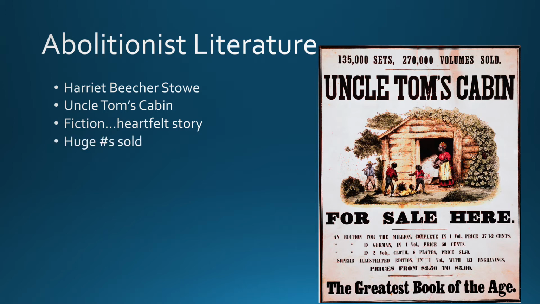If you remember, we talked about someone like William Lloyd Garrison who comes up with The Liberator, and we talked about how the early abolition movement struggled in the sense that not that many people read something like The Liberator. Uncle Tom's Cabin is very different than that, in the sense that in its first year, it will sell over 300,000 copies, and in the lead up to the Civil War by 1860, it had sold well over 2 million. So again, this is now reaching a readership that the early abolition movement was never able to do.